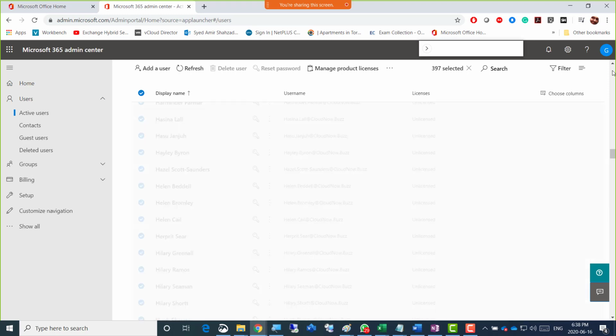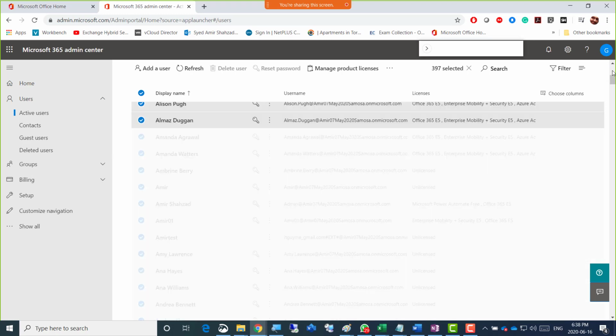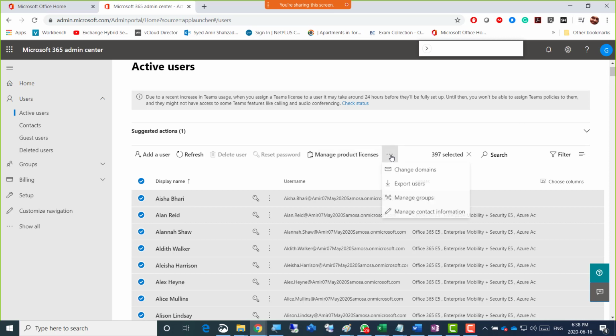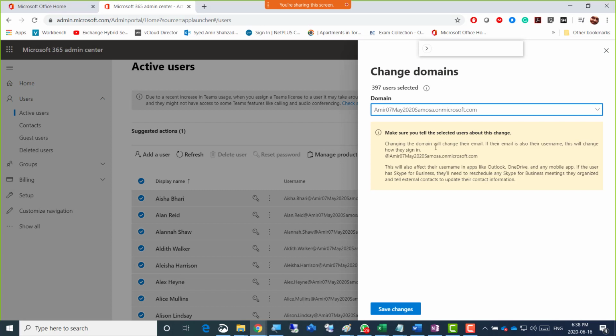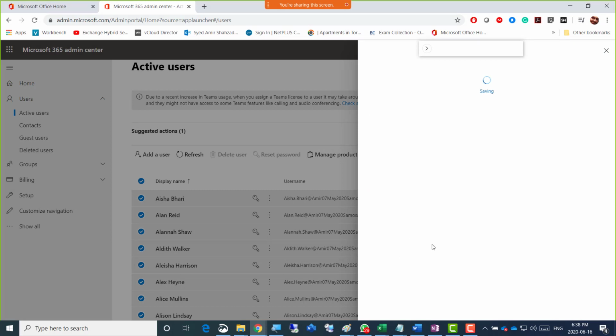So I'll at least try to get rid of these. Here, three dots and change domain. Those who are done should not be showing up. Okay, yeah. It asks, are you sure, and so on. Admin should also be different. I'm just going for all the users first, and then when we're down to 3 or 4 users, there are distribution lists that we need to worry about.